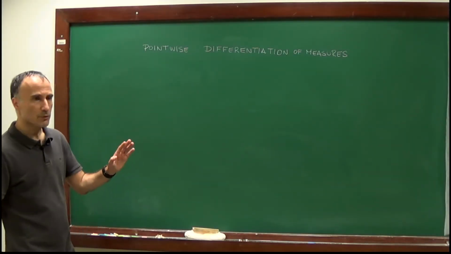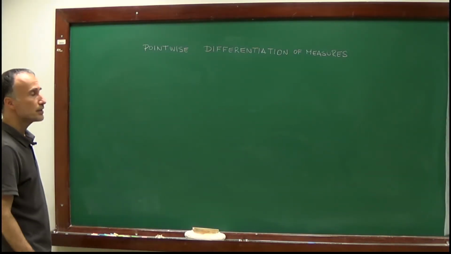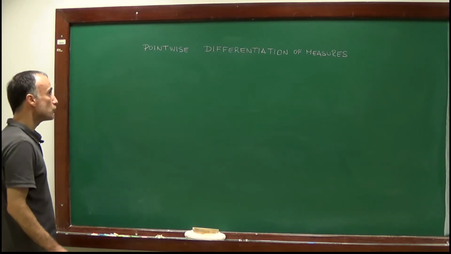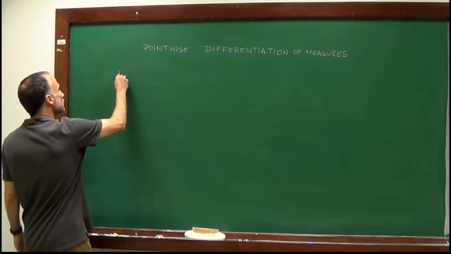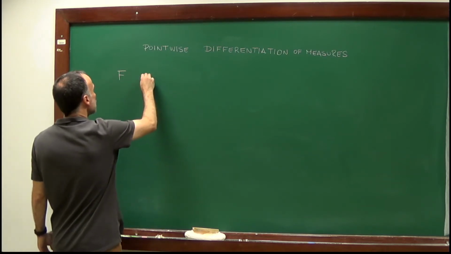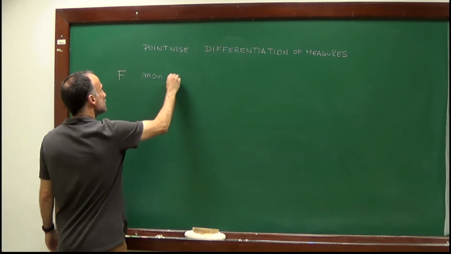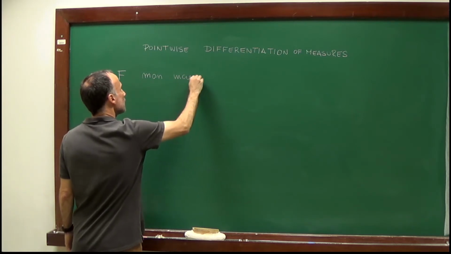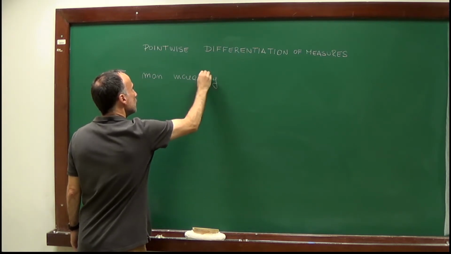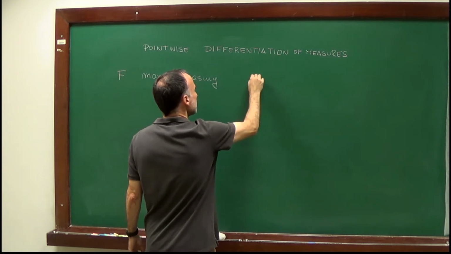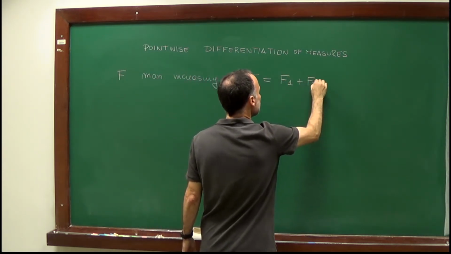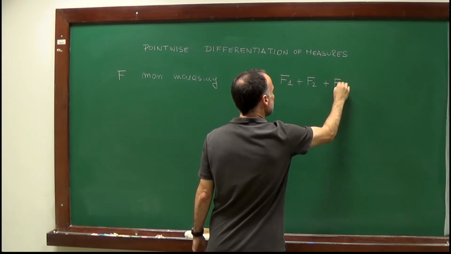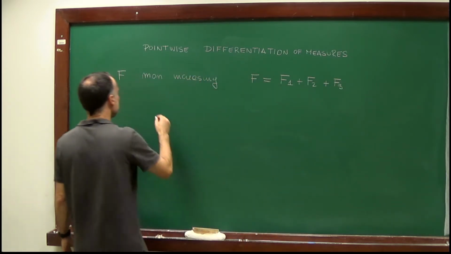So in this lecture I will discuss pointwise differentiation of measures. So the main theorem will state the following. Consider a function f, which is monotone increasing. We want to show that f can be decomposed as the sum of three functions, f1, f2, f3, where f1,